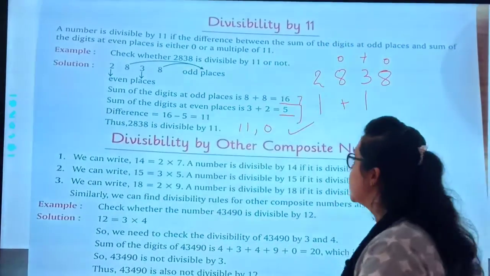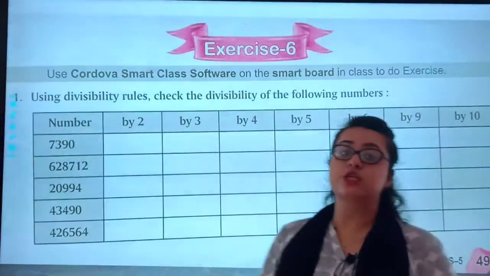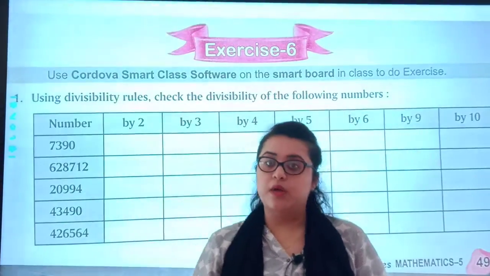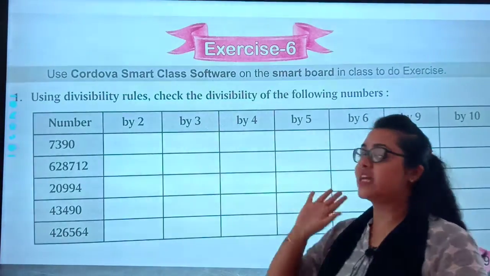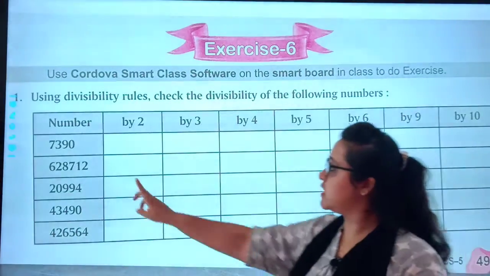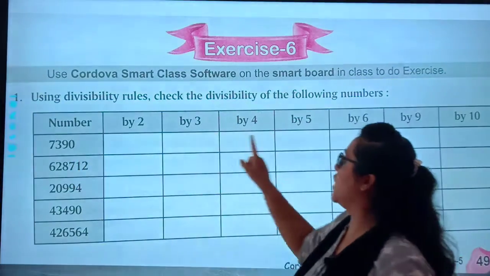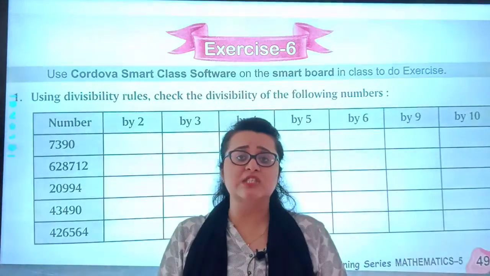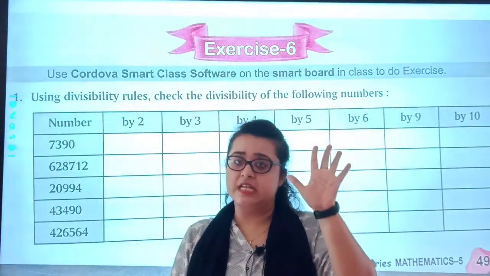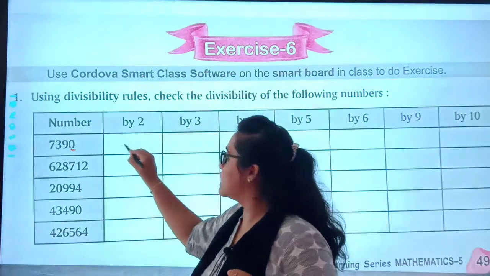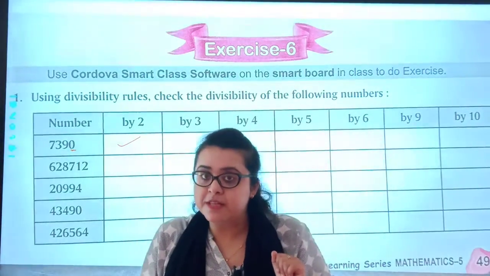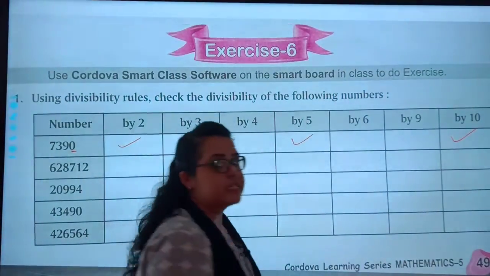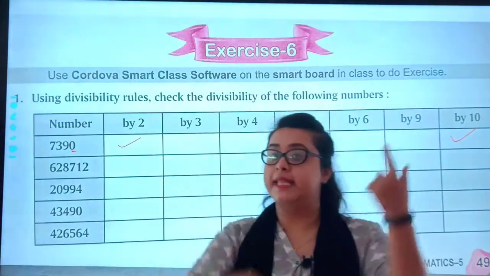Okay students, so here we complete the discussion of divisibility, and this type of divisibility is important. Okay, and now you can solve exercise 6. You have to see whether the given number is divisible by 2, 3, 4, 5, 6, 9 and 10. Have a look. What do I need at the last for 2? 0, 2, 4, 6, 8. So 0 is here, so yes it is divisible. Where did I need 0? In 5 and 10. So yes it is divisible by 5, it is divisible by 10. Understood? I have to apply the rules.